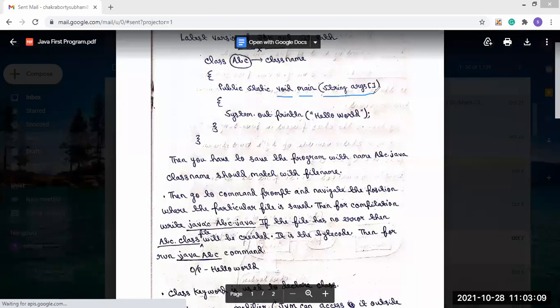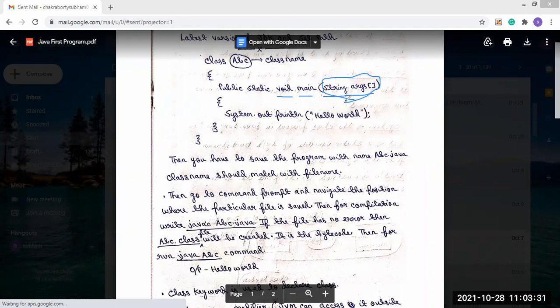Now, String args is what? In Java, we can pass arguments at the time of compilation, and this is called the command line argument. When we see the command line argument program, I will show you that we can pass the arguments at the time of compilation.